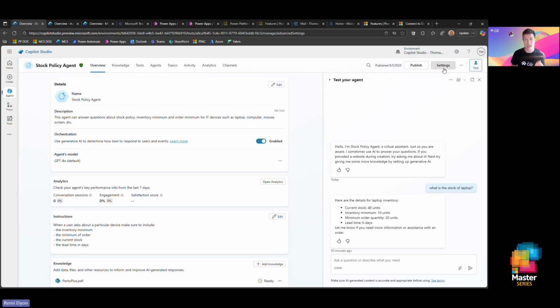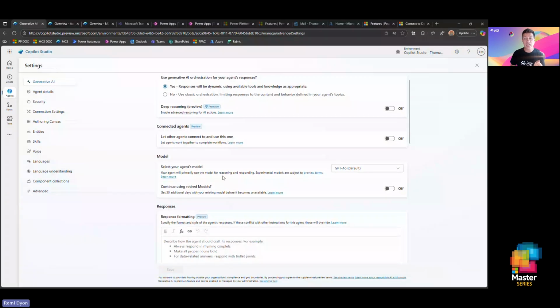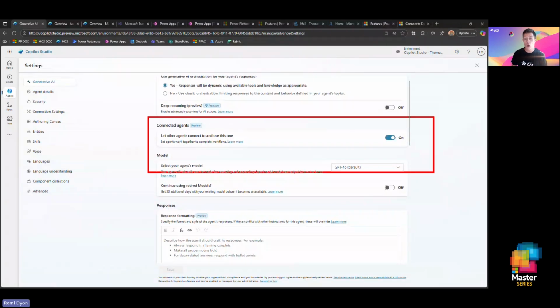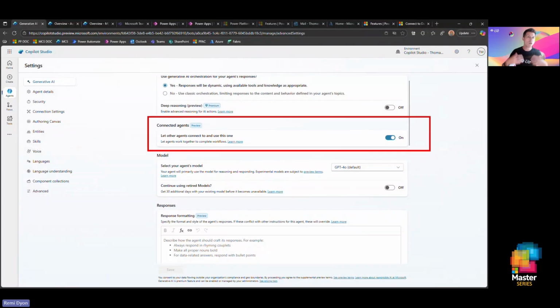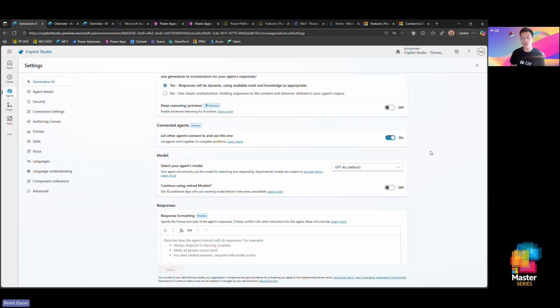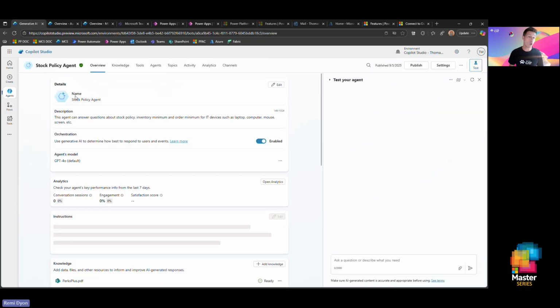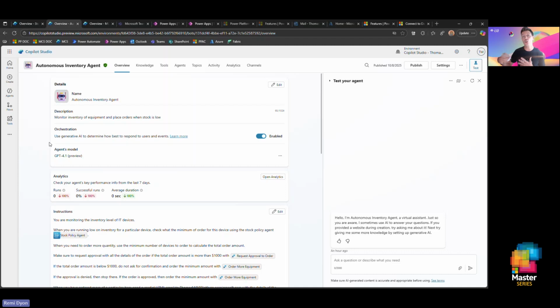So you have to go to settings, and in the settings, you have to allow connected agent. When you create an agent out of the box, by default nobody can connect to it and use it. It's a maker decision to allow other people to leverage your agent. So I turn that on because I want another agent to be able to use that one in a multi-agent architecture. The other agent that I want to show you today is an autonomous agent,